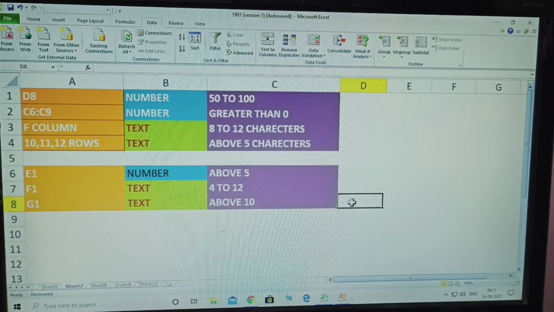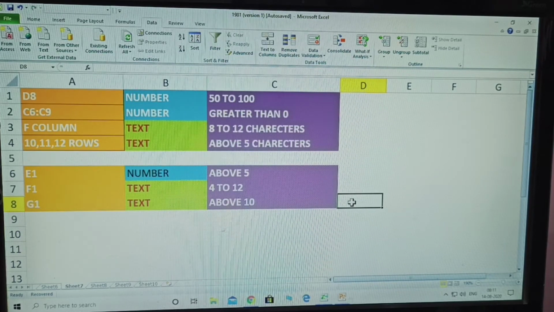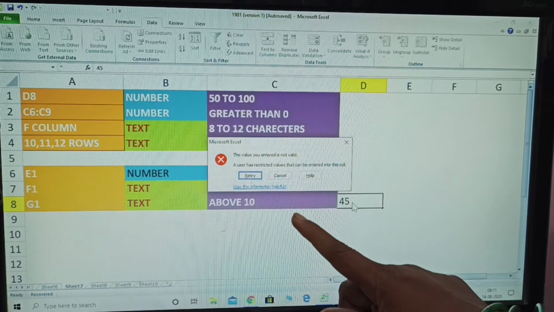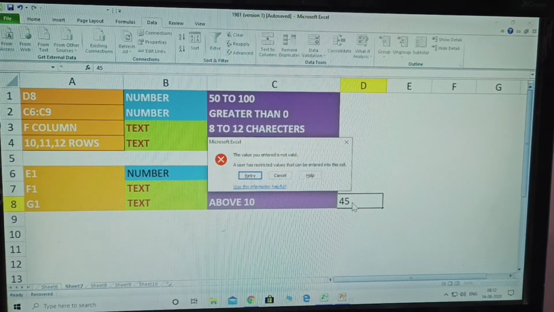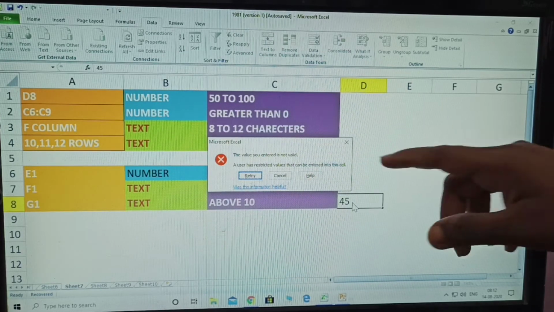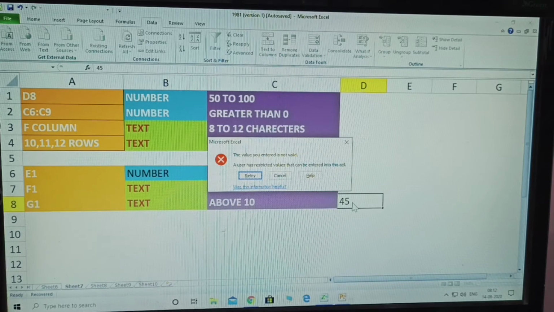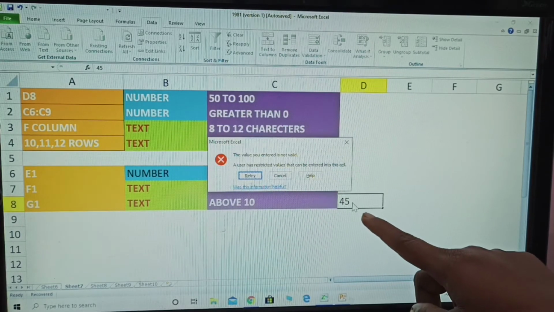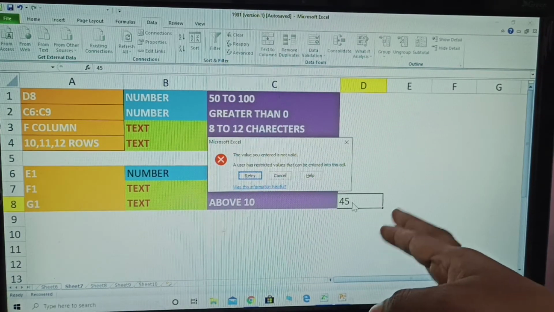Now practice on that first. Only numbers from 50 to 100 can be typed here. I give 45. Enter. One dialog box came. It means that is not the condition. That means an error. Why? Because you already specified 50 to 100, and what was typed here was before 50.